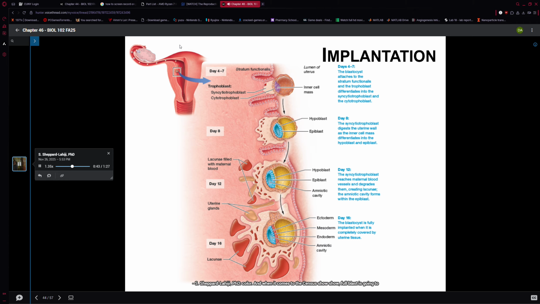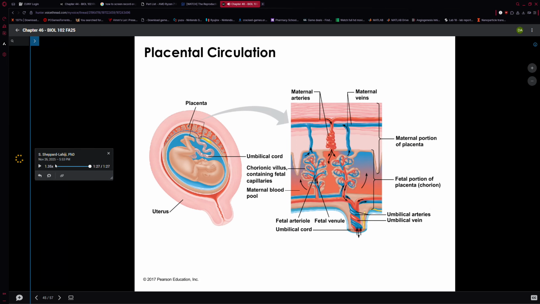And when it comes to the cytotrophoblast, it's going to grow into the uterus, kind of extending like roots. And in that process, it's going to start to digest the endometrial cells. And the endometrium is going to respond to this digestion by essentially growing over the blastocyst, covering it, but it eventually becomes buried into the endometrial tissue. During this time, the endometrium is going to produce these blood-filled lacunae, in which there will be intervillous space in the functional layer. So the blastocyst is fully implanted and it's completely surrounded by uterine tissue. Here we're thinking